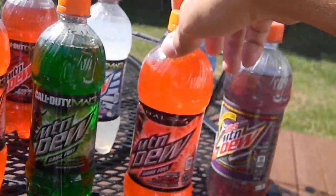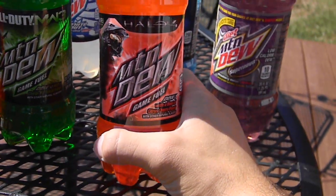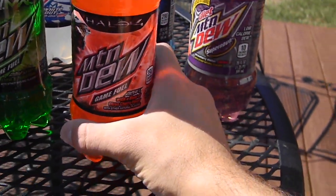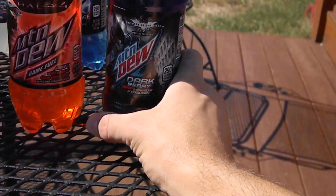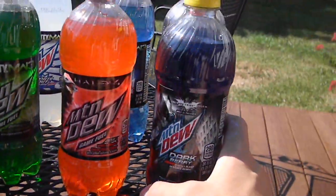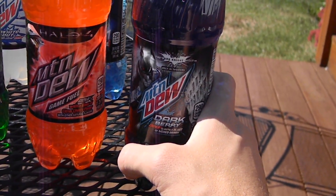And lastly, we have, well, this was last year's, kind of going out of order again, but this was again Game Fuel came back, but it was just the cherry citrus. It was for Halo 4. I'll come back to that in a second. And then this was last summer's promotion, Dark Berry, which was like a mixed berry, like a wild berry, mixed berry. It's purple. Not really sure what flavors it was. It was very